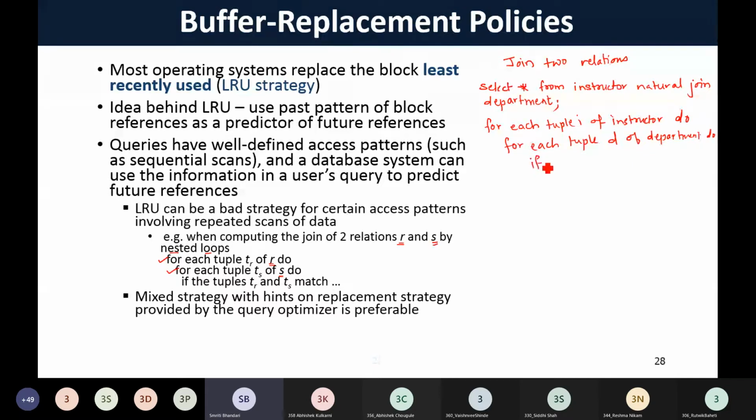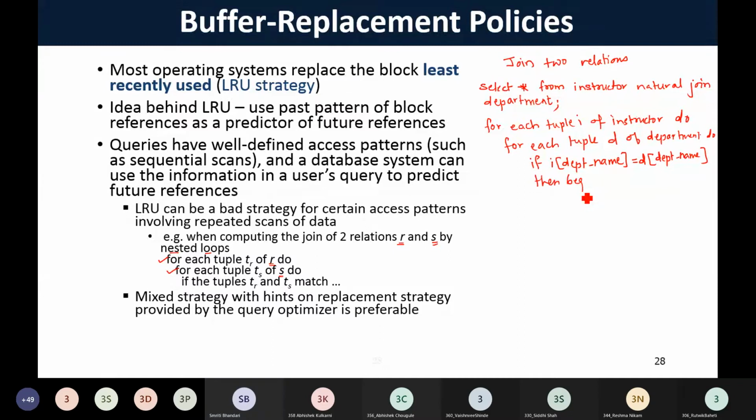Then we are checking one condition: if I.department_name, the common attribute in these two relations is department name. So we are matching that department name from these two tuples. If I.department_name equals D.department_name, then